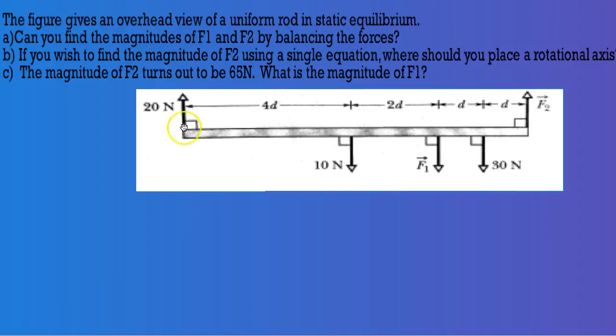Okay, so now in this next example, we see this uniform rod. We have 1, 2, 3, 4, 5 forces acting on it, and you'll see that 2 of these forces are unknown. The first question I have for you is, could we find the magnitude of each of these 2 forces, figure out how strong each is,